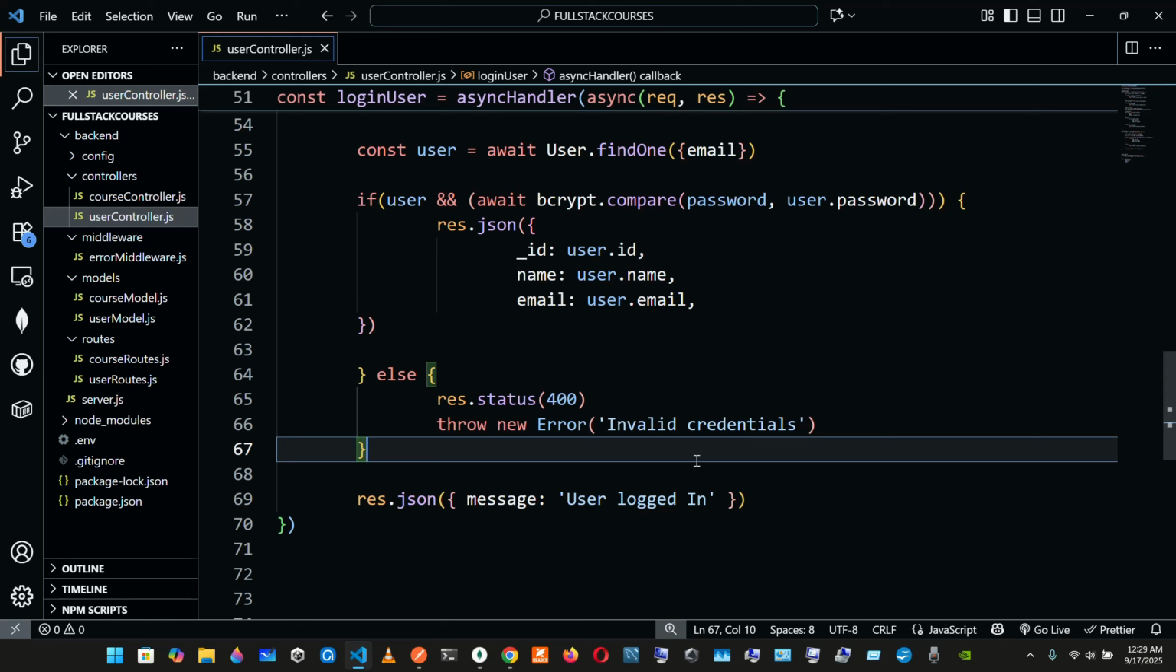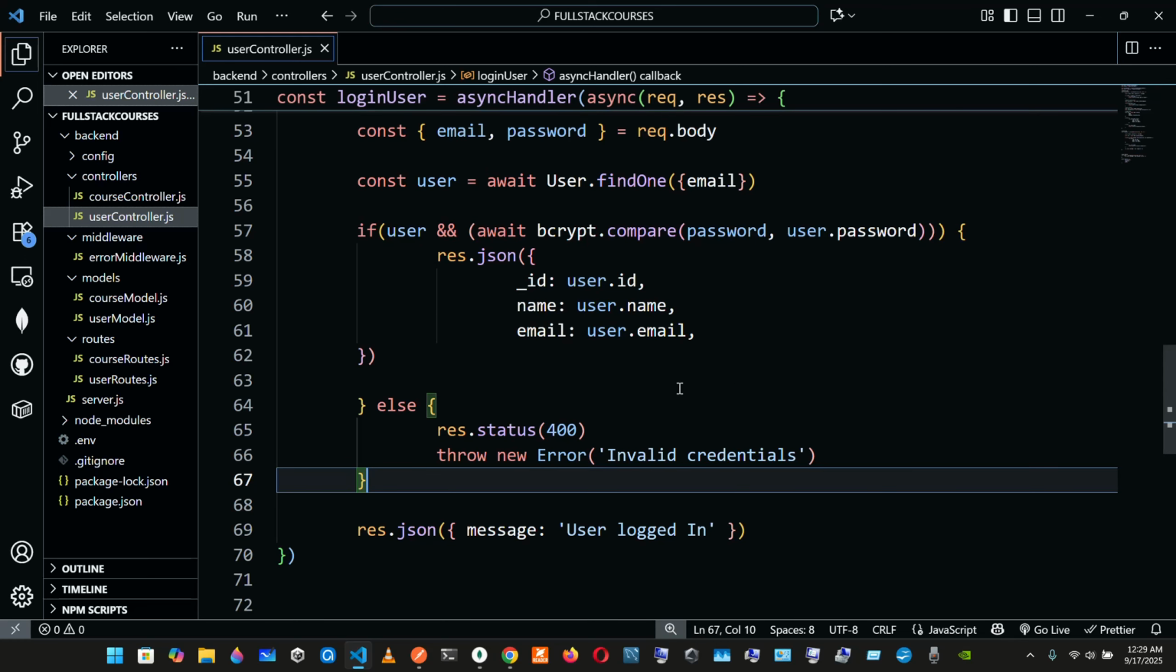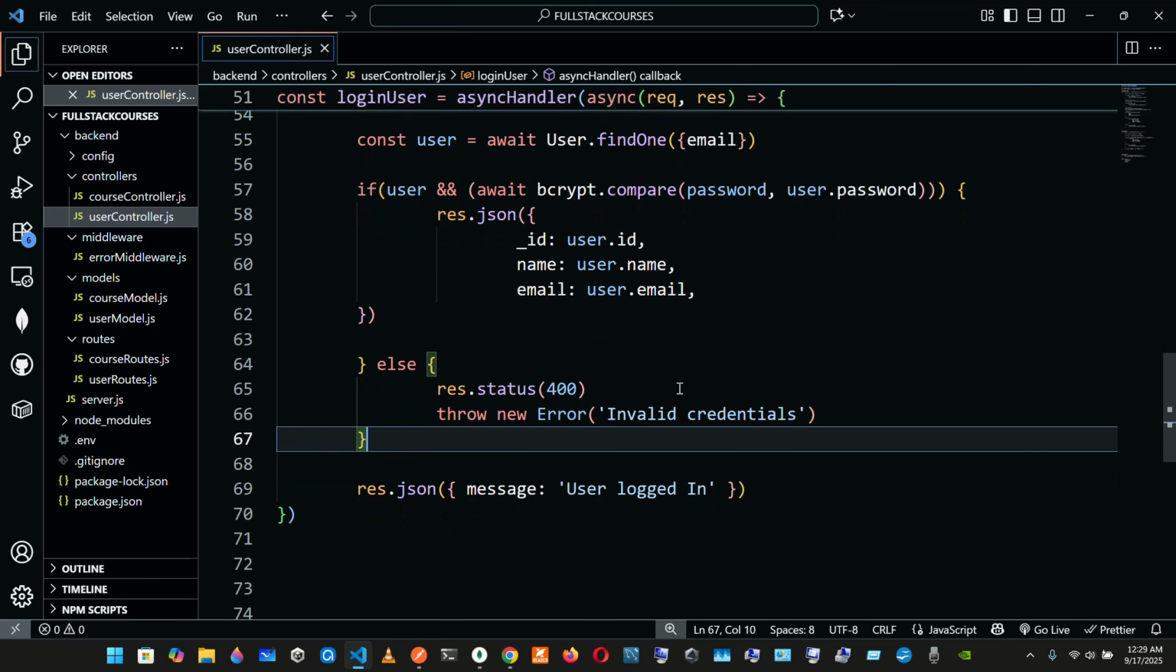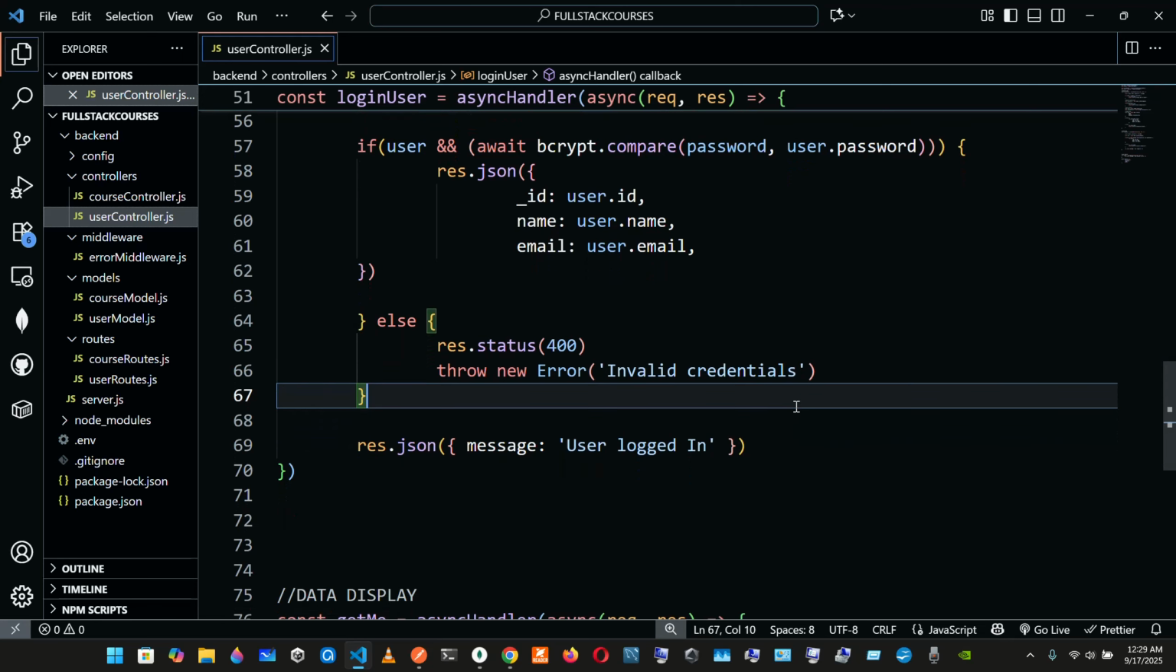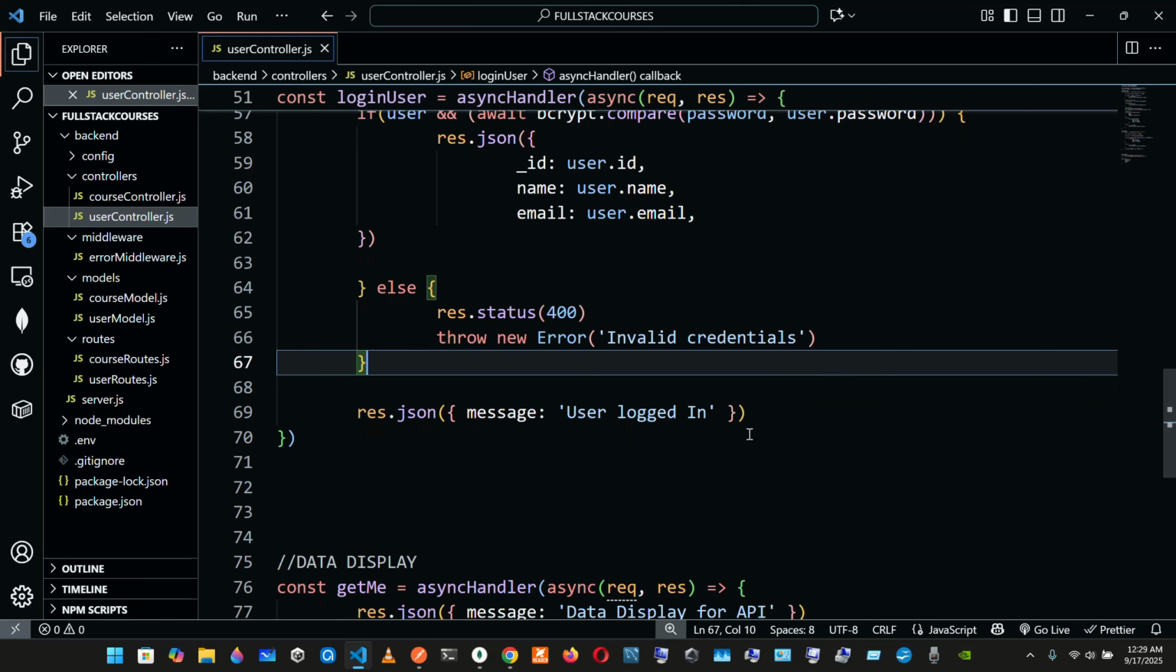So throw new error, invalid credentials. That's fine, because your email and your password are credentials, so you can name it whatever you want, credentials, or I don't know, login information. So we have that. Let me see. So we have the rest that starts 400, and throw new error, and then we're gonna have the rest that JSON and message,